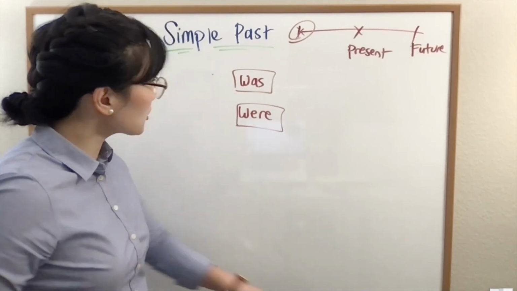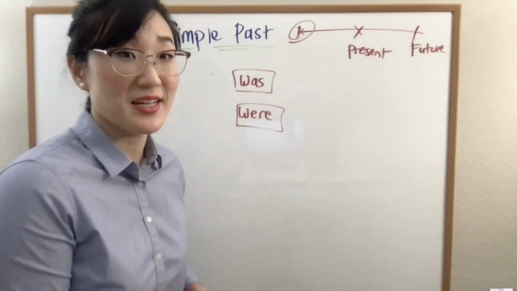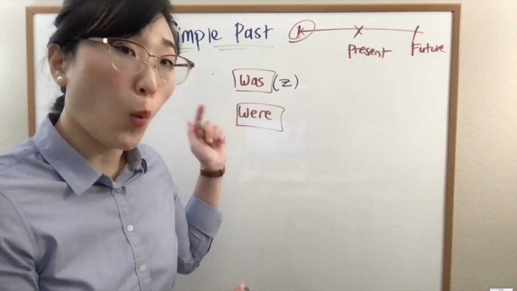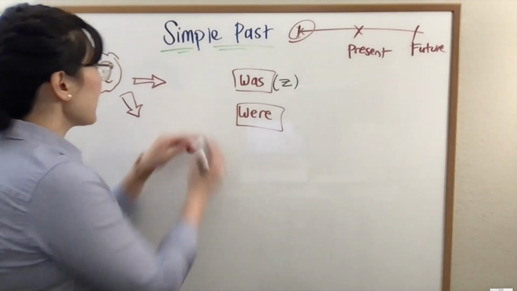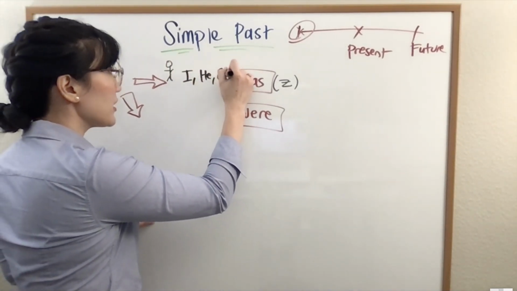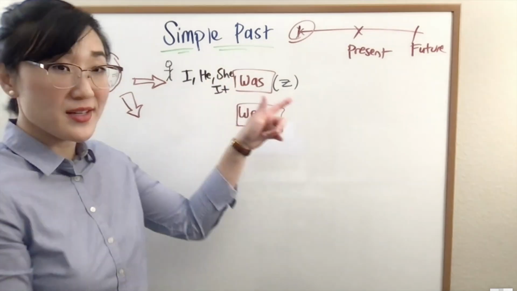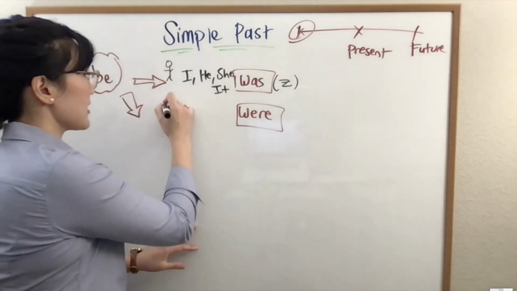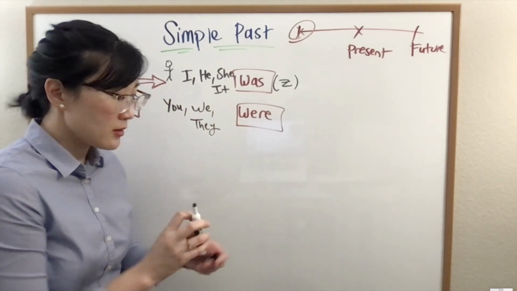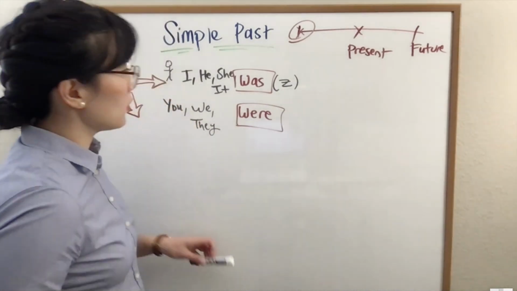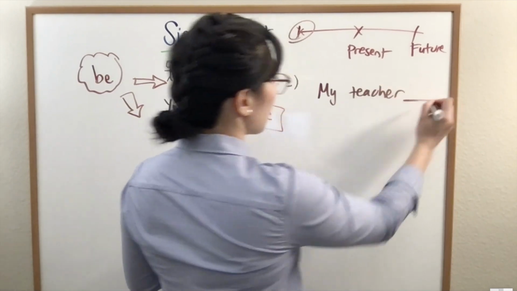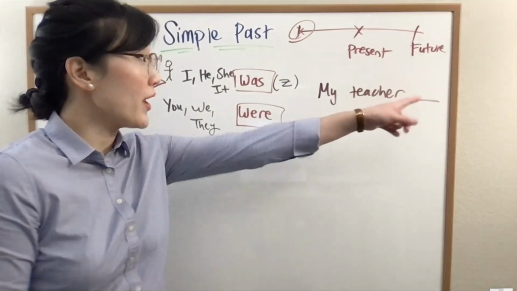Now the pronunciation of this S, I see S, but the pronunciation is actually a Z. Was and were. Who do I use this with? I could say I, he, she, and it for was. For were, I could say you, we, and they. So if I say, for example, my teacher, do I say was or were? Was